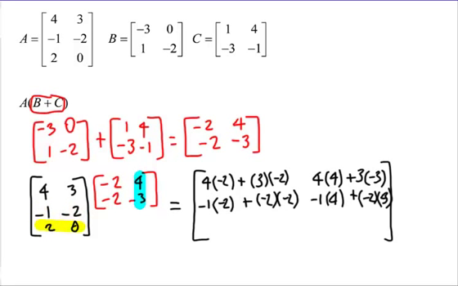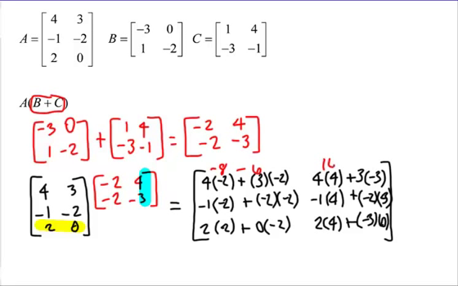And then finally, third row, first column. 2 times -2 plus 0 times -2. And third row, second column is going to be 2 times 4 plus negative 3 times 0. And now just clean all this up and you're going to be good to go. So I've got negative 8 minus 6, 16 minus 9, 2 plus 4, negative 4,